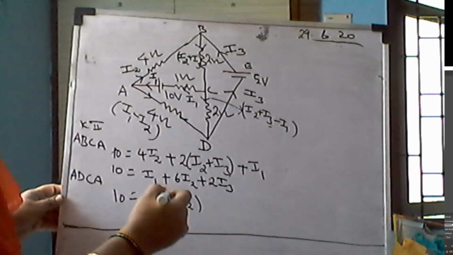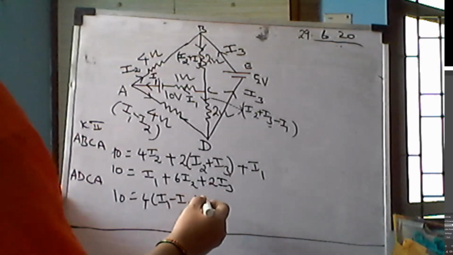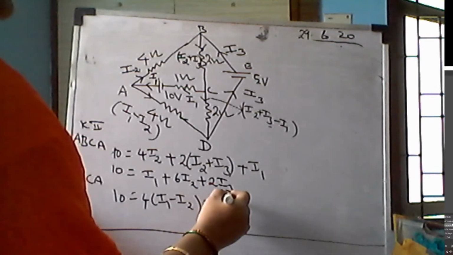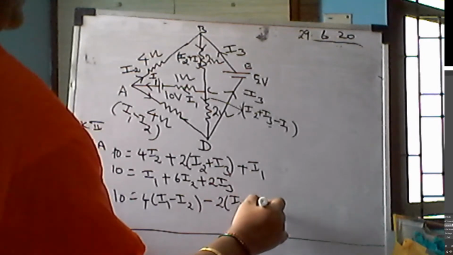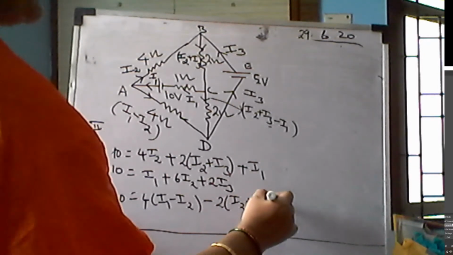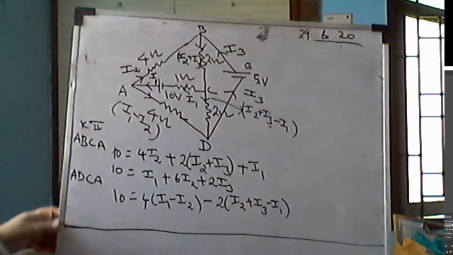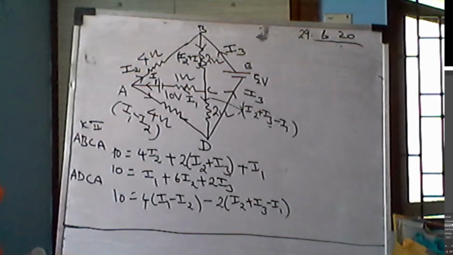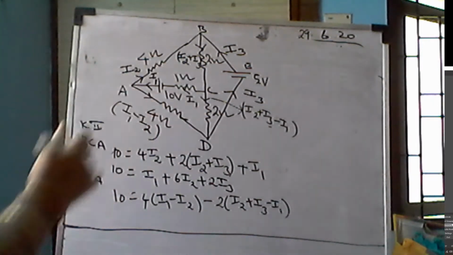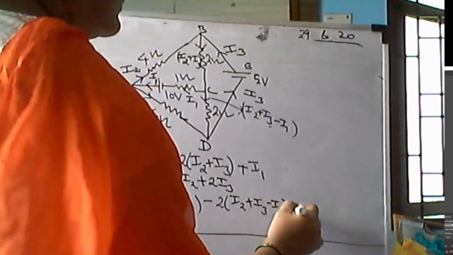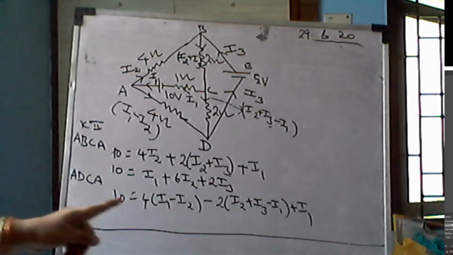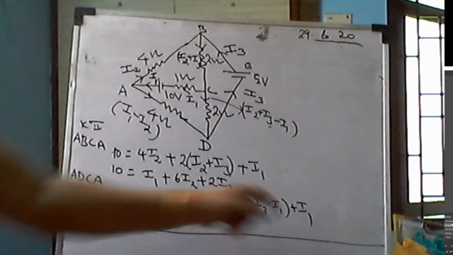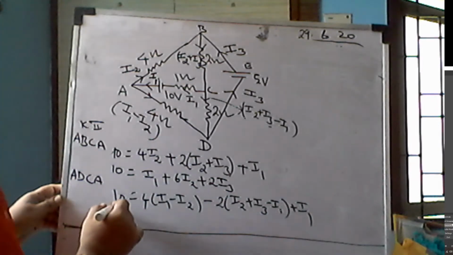This is going in the opposite direction, so minus 2 into (I2 plus I3 minus I1), which is then again plus I1. So here you will be getting 4I1. This is another I1. So 10 is equal to